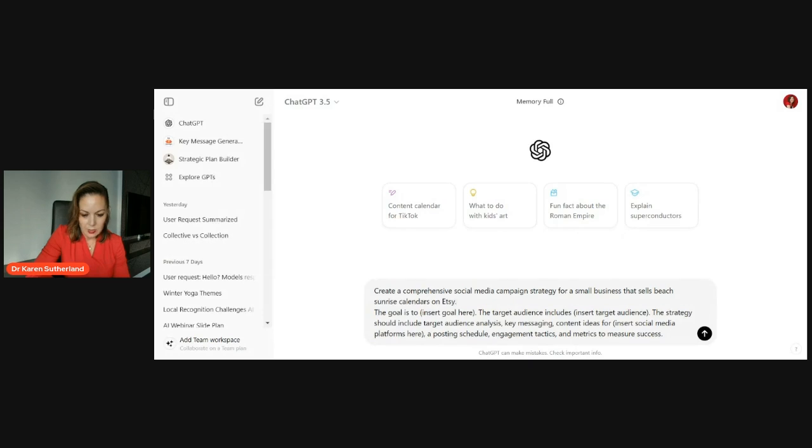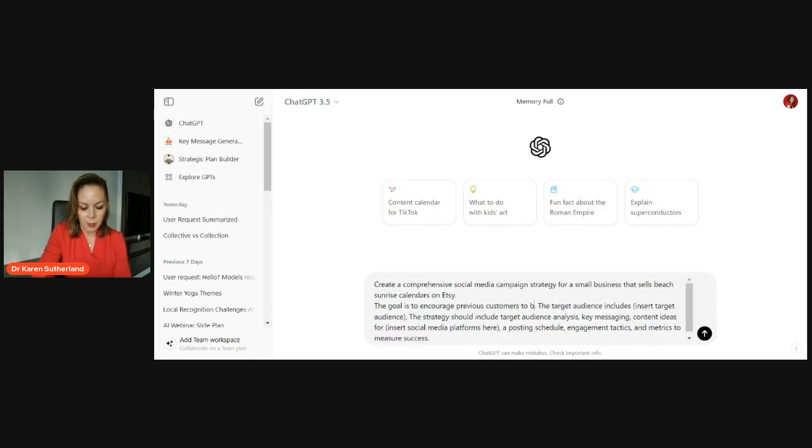The goal is to, I'm going to say, encourage previous customers to buy again and prospective customers to buy for the first time. So that's two goals, I know.